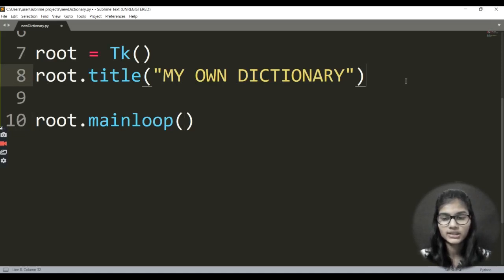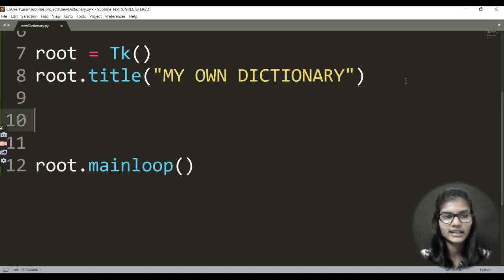Now I would not be giving it a particular size, because I would be putting one image on my tkinter window. So this tkinter window will actually take whatever dimensions my image has. I would not be defining any particular dimensions here. What I want is that my whole image should come on my whole tkinter window, right? I would simply take that image, define it, put it, and my tkinter window will cover all of the dimensions which that image has. So I will be defining that thing here.